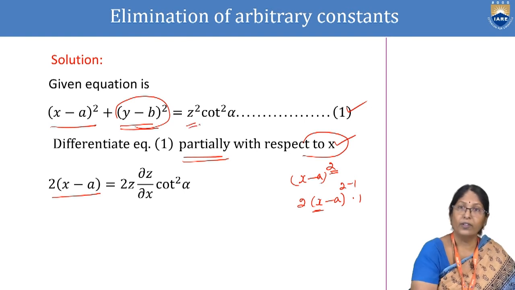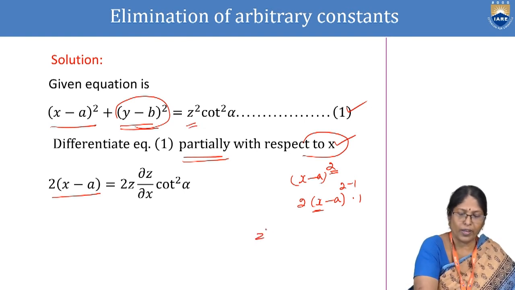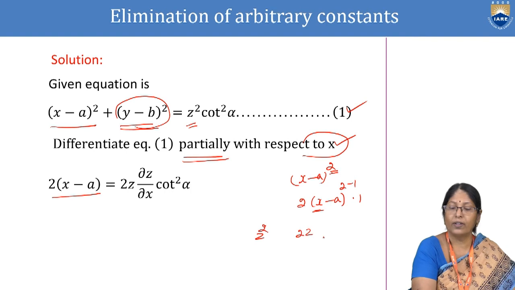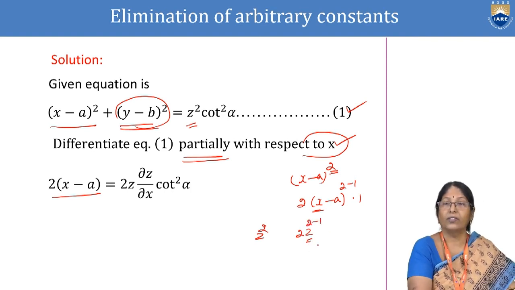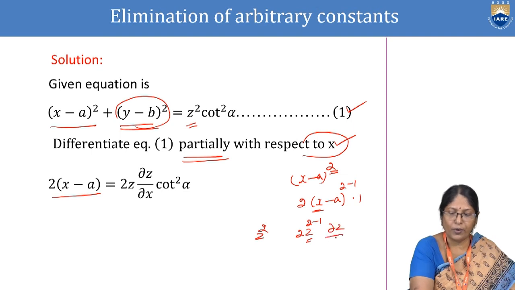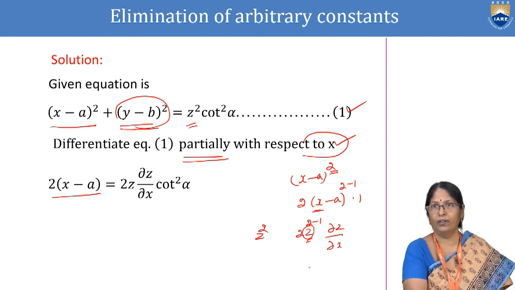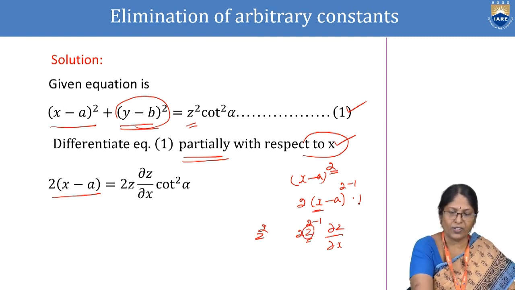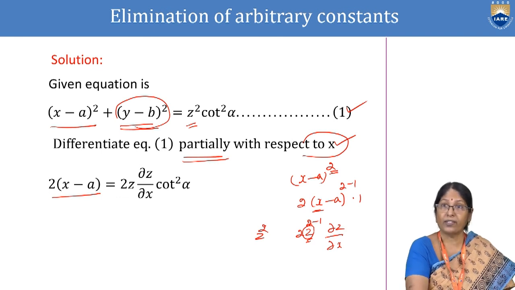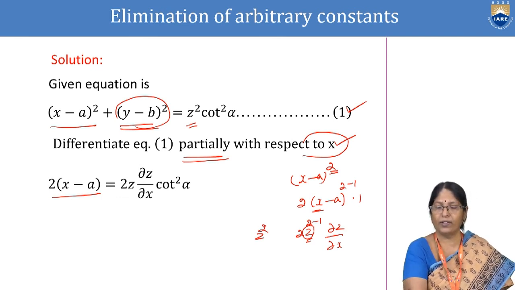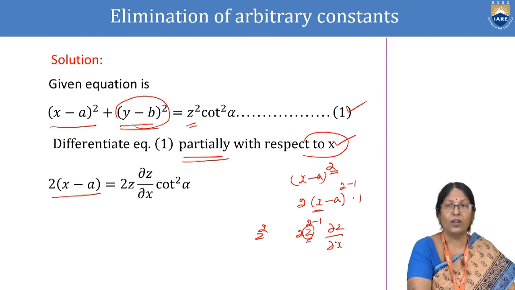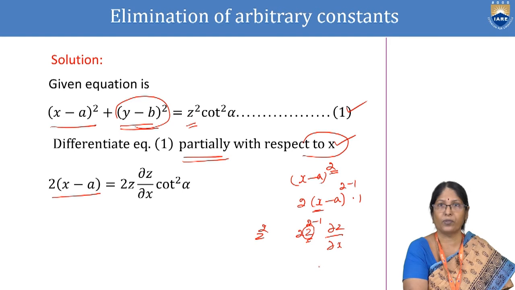Here z square, so z square it is 2z, 2 minus 1. Again, dou z by dou x, because z is playing the role of dependent variable, whereas for x, differentiation previously I put it as 1. x is playing the role of independent. Here z is playing the role of dependent. That is the reason we are writing dou z by dou x